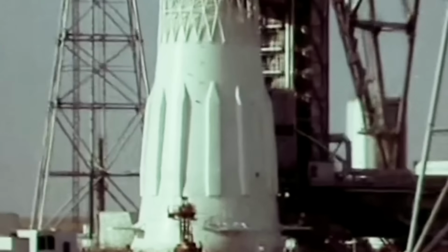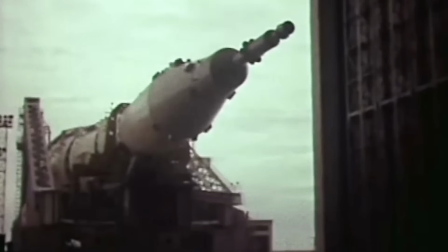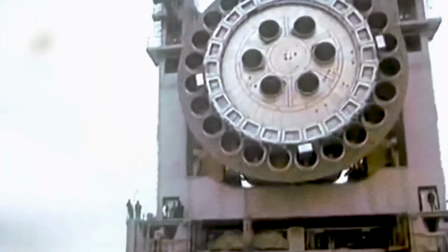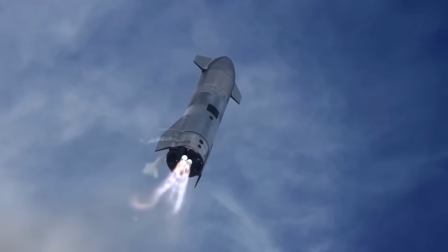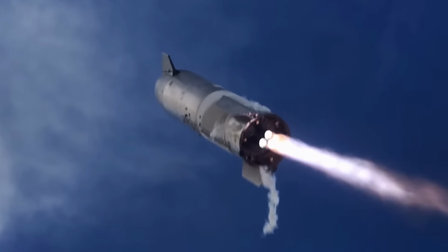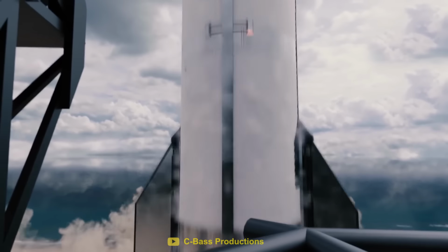The only other rocket that comes close to this is the Soviet N-1 rocket. It was a similar size to Starship and also featured a similar layout of 30 engines. But sadly, it only performed 4 launches, all of which ended in failure. Many of the failures were caused by explosive engines, which led to a chain of other problems during launch. With much more advanced computer systems now, SpaceX will hopefully be able to shut down a failing engine before it